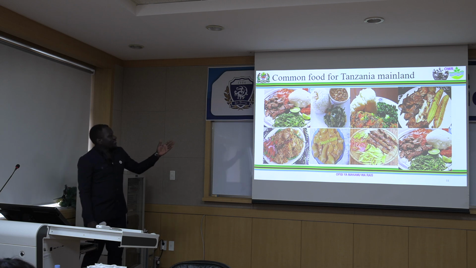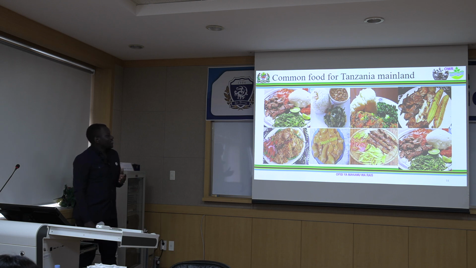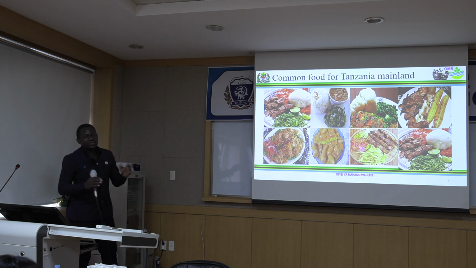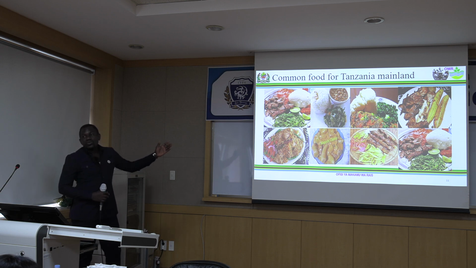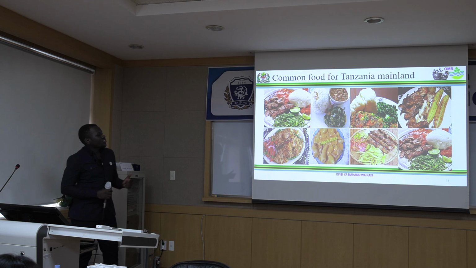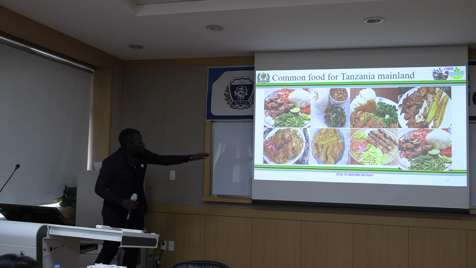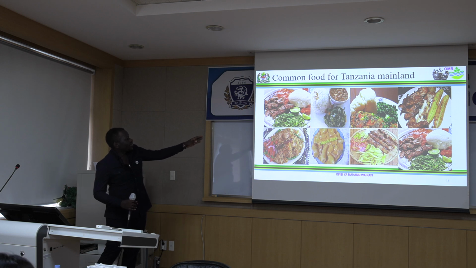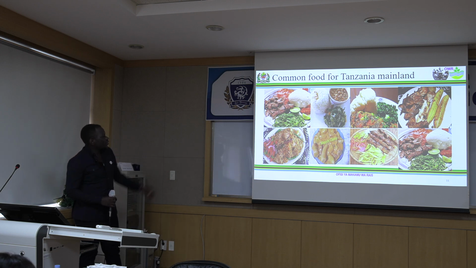And the second one is rice. Also, we are producing rice a lot. Even all countries around Tanzania, like when you say Rwanda, Burundi, Congo, a lot of food is moving from Tanzania to those countries because, as you saw, we have a huge arable land which is fertile for agriculture. That's why we are producing a lot even to feed our neighborhood country. Also, this down also is a kind of food which is made by rice, but this we call it pilau.